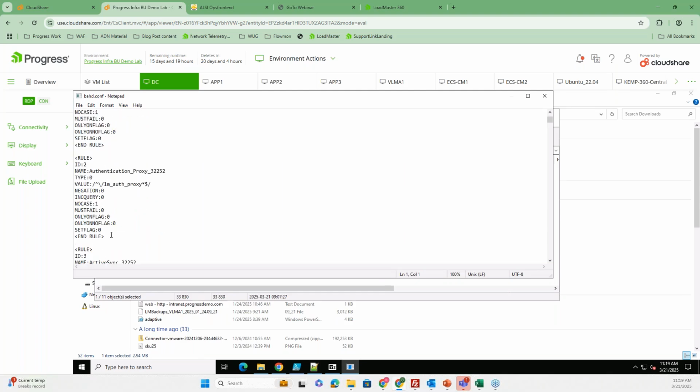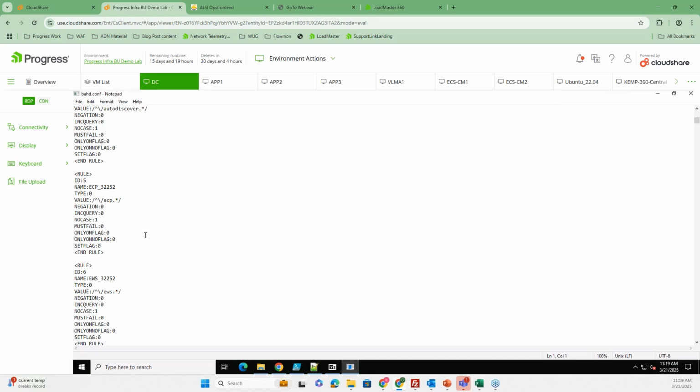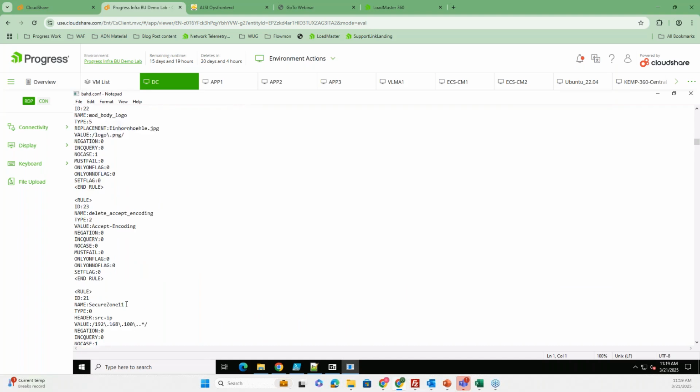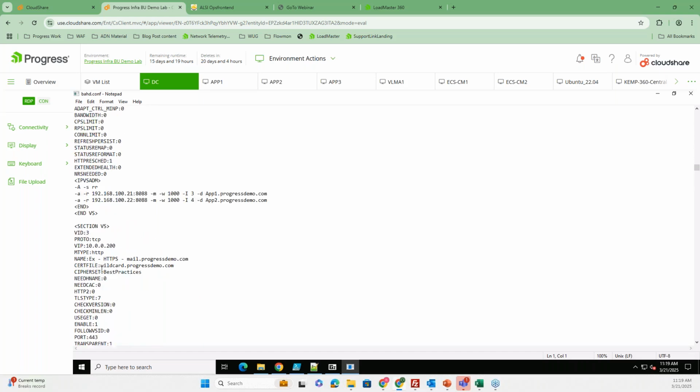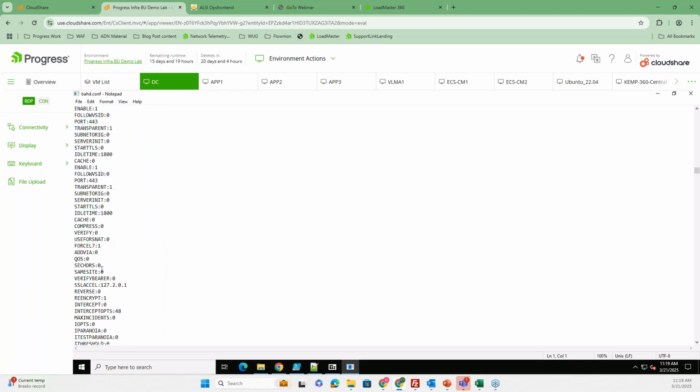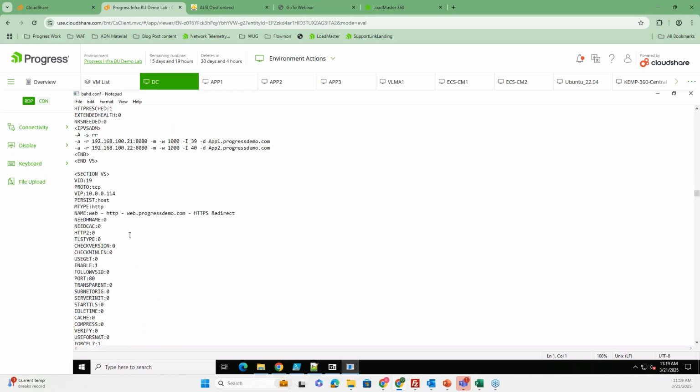You see now this is the entire configuration of the unit with my second load balancer with the HA pair. You see loads of content rules. And also further down, you see the different virtual services, right? So AD3 and so on and so on and so on.